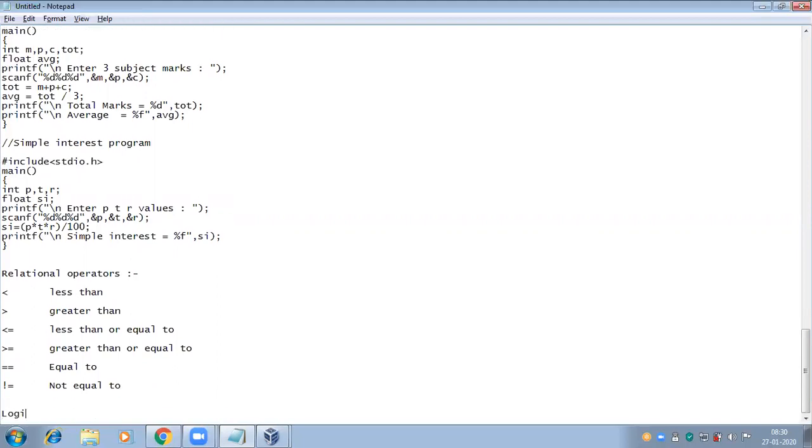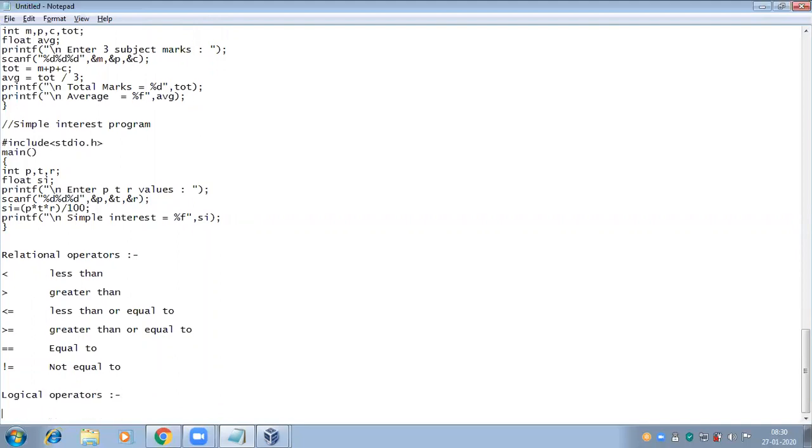Logical operators to write more than one condition. Two and symbols for the logical AND operator, two pipe symbols for the logical OR operator, and for the NOT operator, exclamation mark.